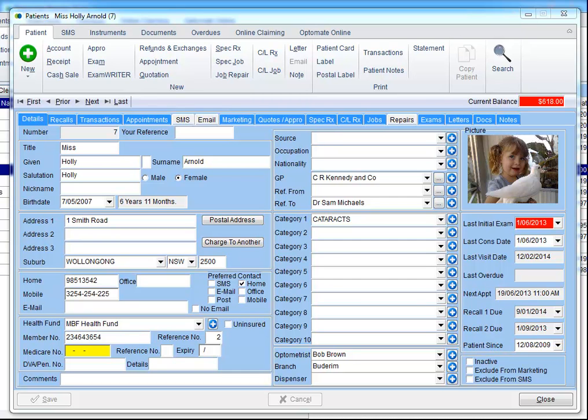Hi, I'm Phil Arnold. I'm the IT manager for General Optical, and I've been involved with the Optomate Online project for the last 4 years, and I've been involved with Optomate itself for the last 18 years. I'm going to give you a quick run through today on how the Optomate Online order screen works through to